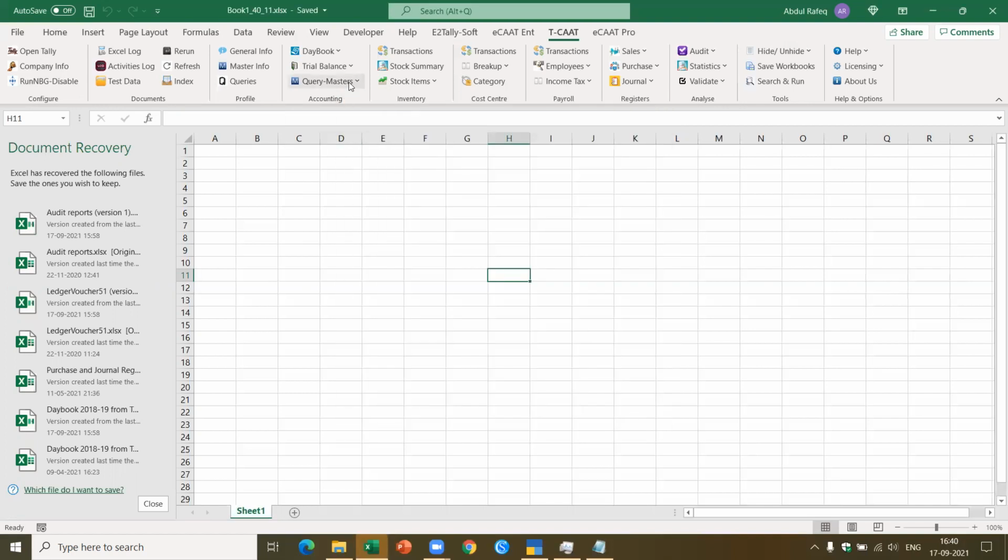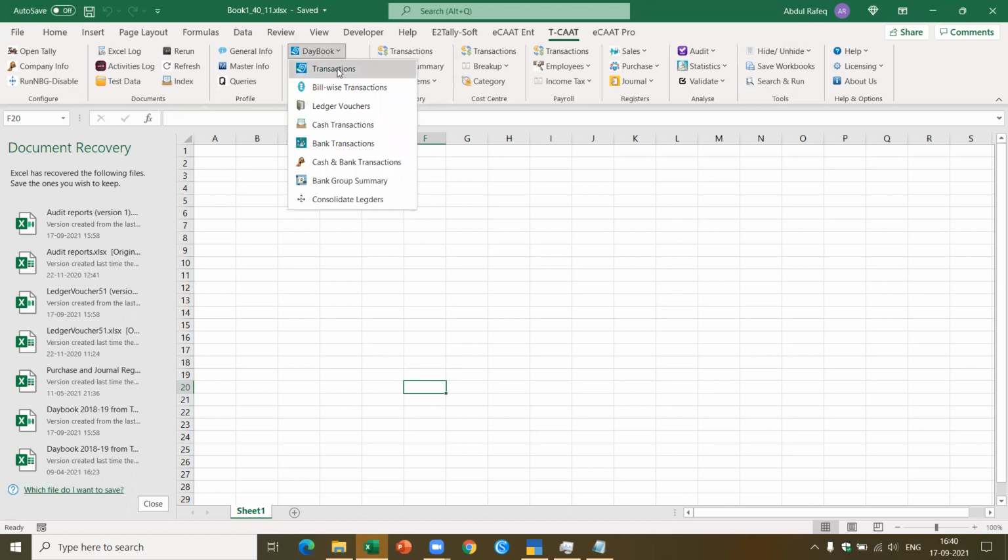This could be pertaining to the list of ledgers, voucher types, ledger groups, or expense ledgers. All these things you can get in one shot through the query. So it means you can extract specific information about the masters using query master. Now let me come to the transactions. I come to the day book.